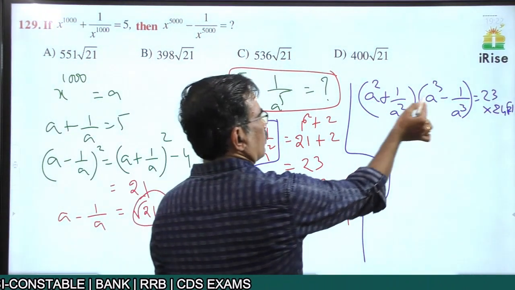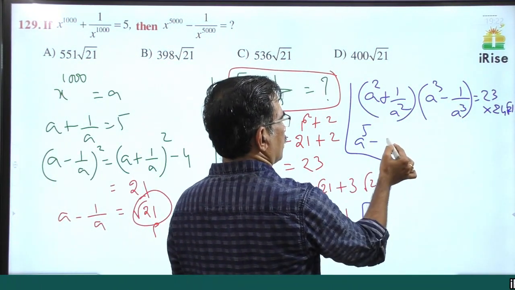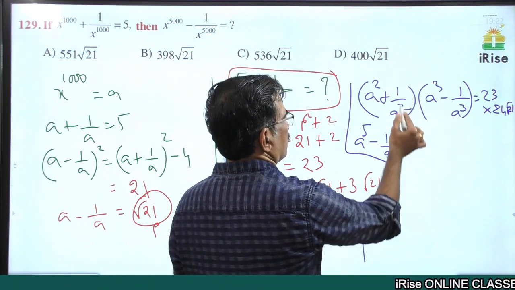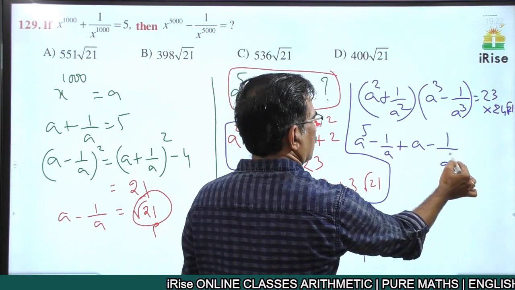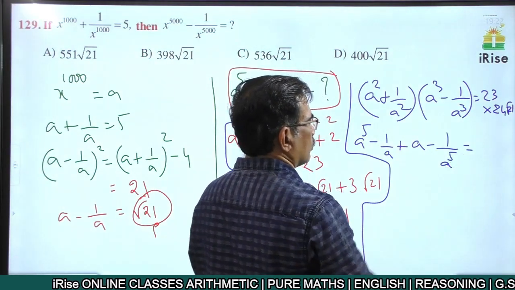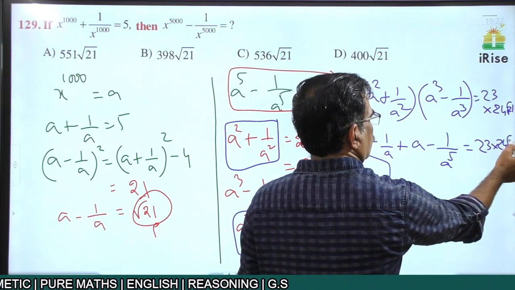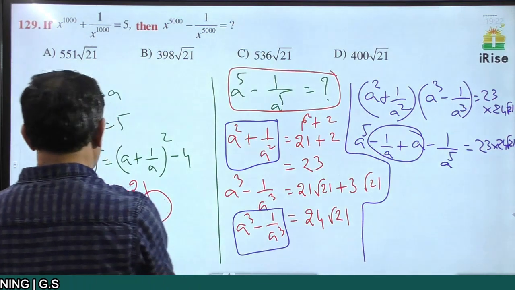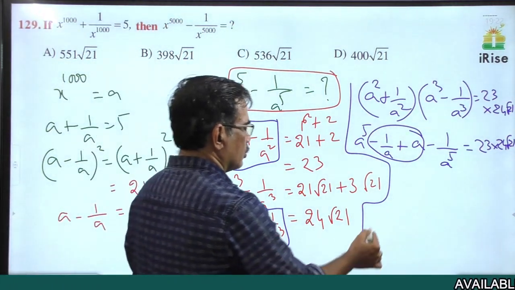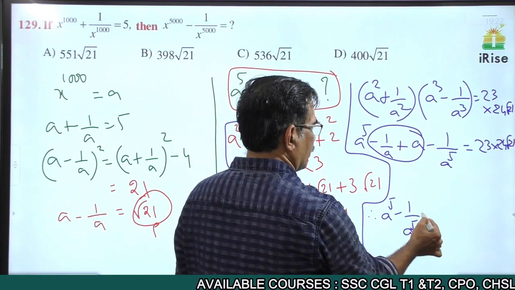Then a square into a cube is a power 5. A square into minus 1 by a cube is minus 1 by a. This into this is a. This into this is minus 1 by a power 5, equal to 23 into 24 root 21. Already a minus 1 by a is root 21. So therefore, a power 5 minus 1 by a power 5 is equal to